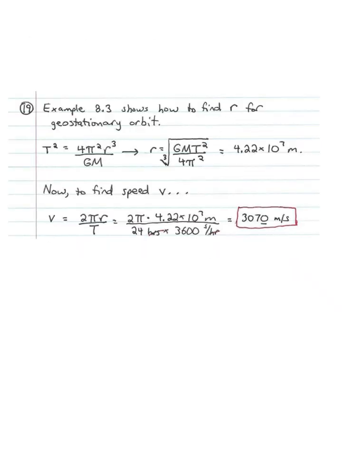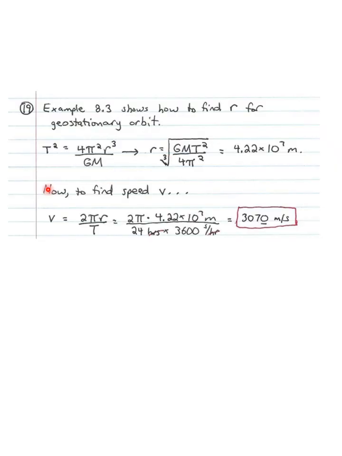Number 19 says find the speed of a satellite in geostationary orbit. Okay, simple enough. We're looking at orbital motion. In example 8.3 in the book, it shows how to find the radius of the orbit for a geostationary orbit. So I recommend you go back and look in your class notes or in the book, example 8.3, and you